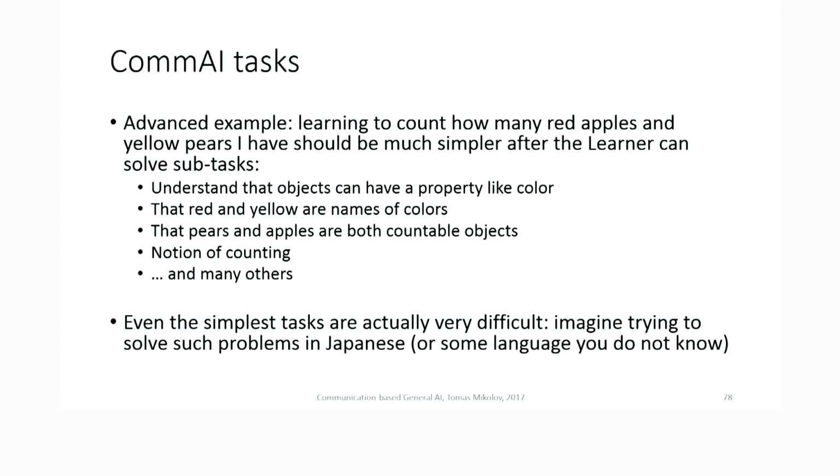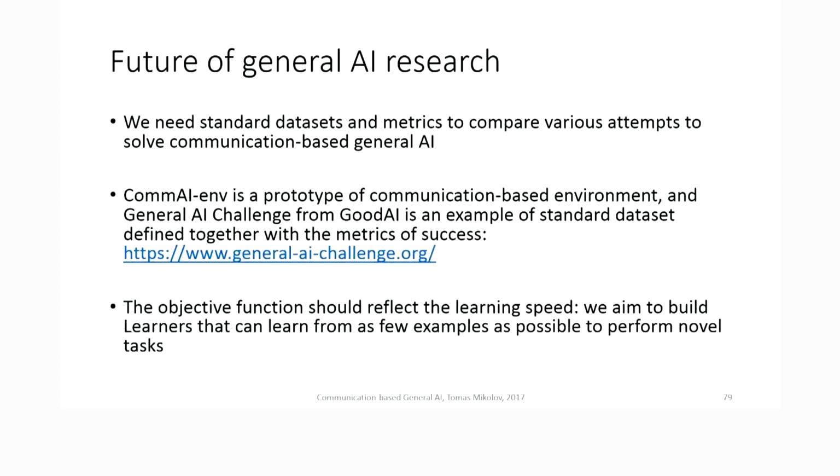You can just imagine that I've written the problems to you in Japanese. If you don't speak Japanese, it would be very hard for you to figure out what the solution is, what you are getting rewards for. But after a bunch of these examples, if you can solve them well, and a new task comes, even if it's written in Japanese, you would already understand that you are supposed to produce this type of sequence of symbols in this context, in 10 or 20 trials. So it seems to be doable for us as humans to learn this way, and maybe this is the way for real AI to solve it.